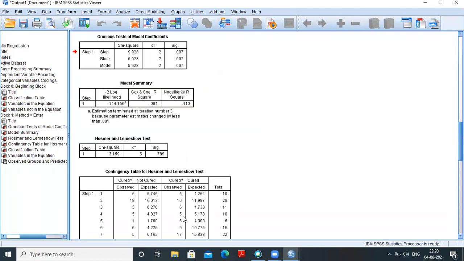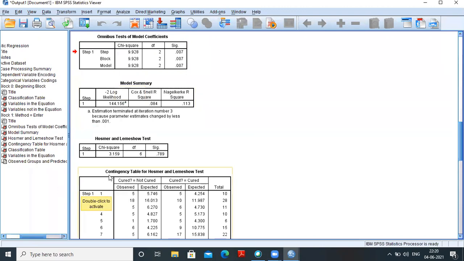Now this is the model summary, with the log likelihood, Cox and Snell R square and Nagelkerke R square. You can check the values: Cox and Snell is 0.084, Nagelkerke R square 0.113, and log likelihood is 144.156.